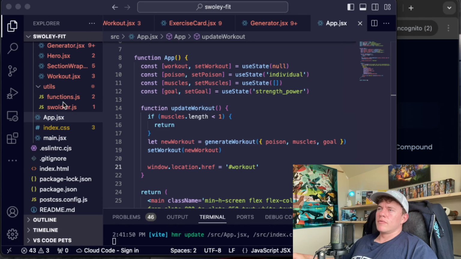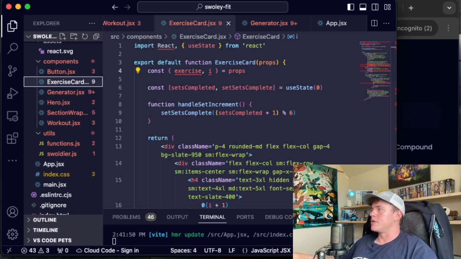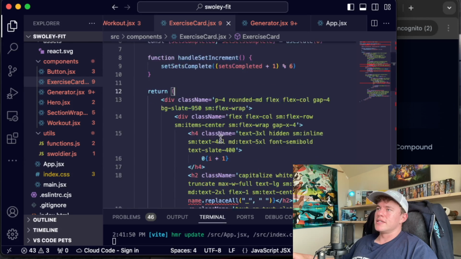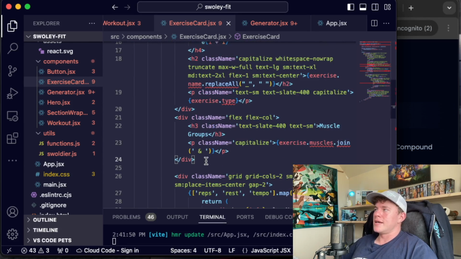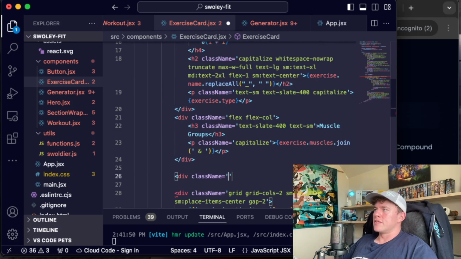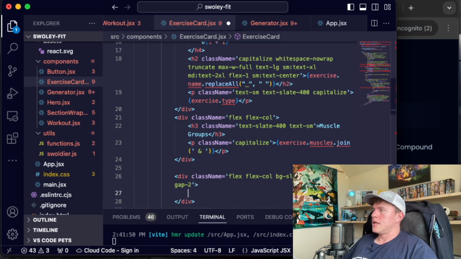And there's actually one thing I forgot to do inside of our exercise card because I'm a muppet. We have to add another div just above the tracking information right here that has a div of class flex col, background of slate 950, rounded, and we'll also have a gap of 2. And in here what we want to do is just say